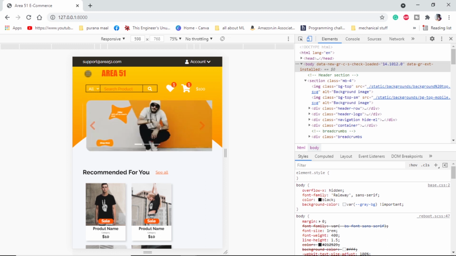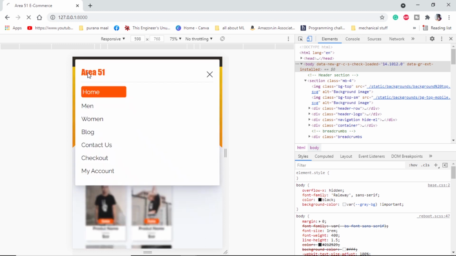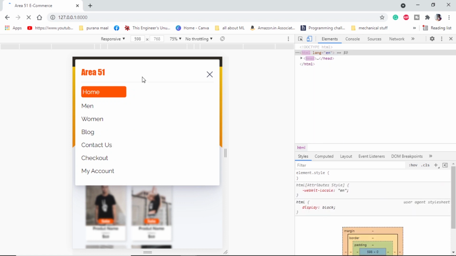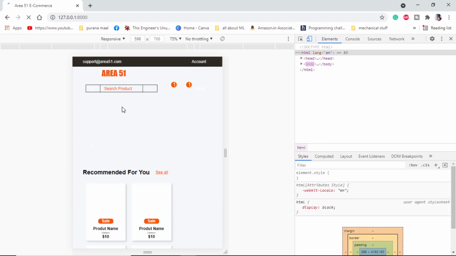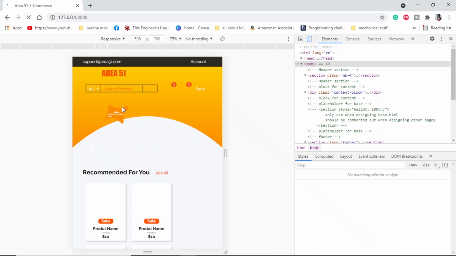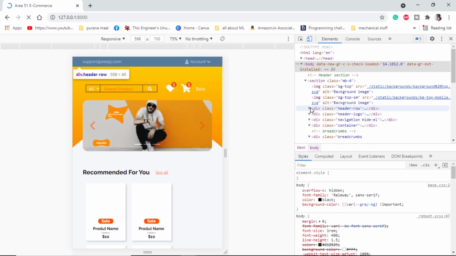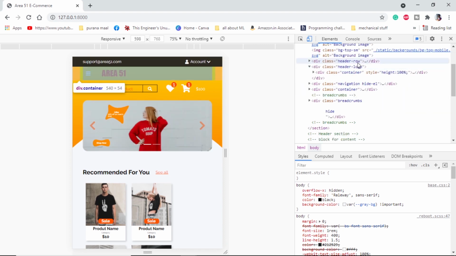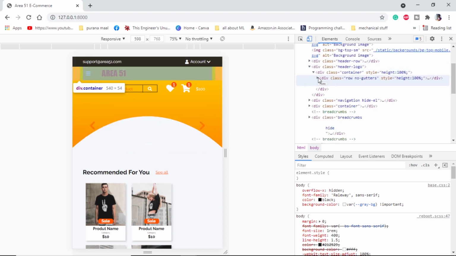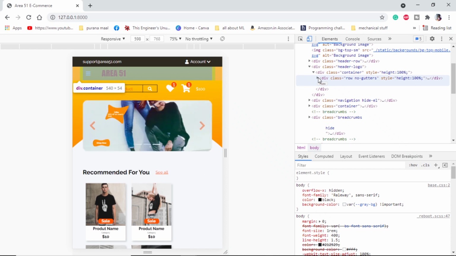I have to add one icon here, and then I have to add drop downs so that I can make something like this. But this can easily be achieved using Bootstrap and simple CSS. Let me try to show you if I can. Inside the header row, we have the extra unnecessary components. Inside header logo, there is one container. Inside container, we have a row to hold the icon and title.